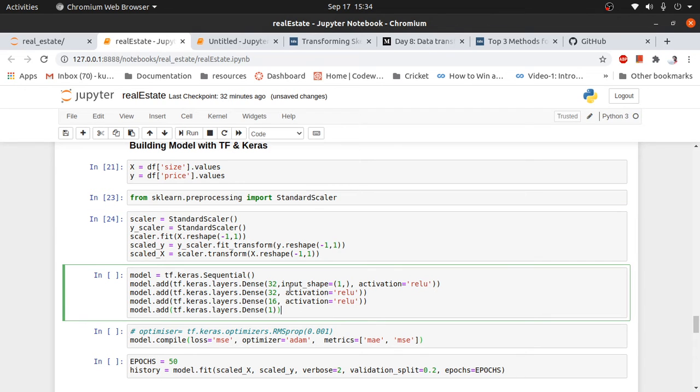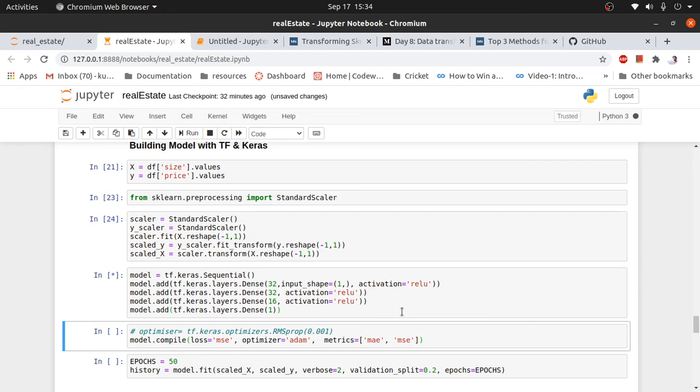So let's create a sequential model with the help of TensorFlow Keras. First of all, I have created two hidden layers, one with 32 perceptrons and second with 16 units. Let's create this model.